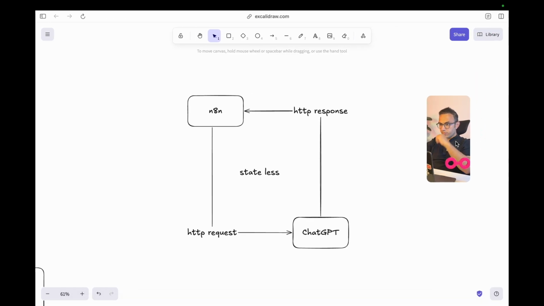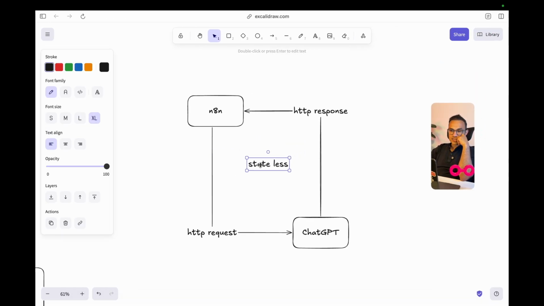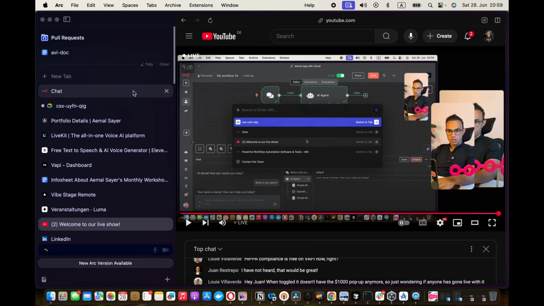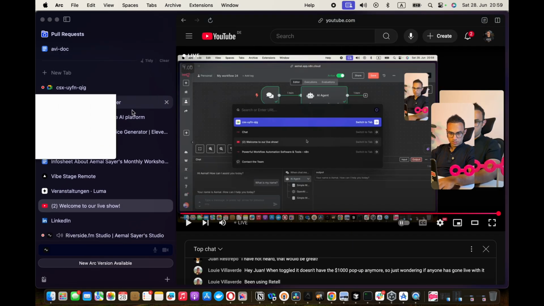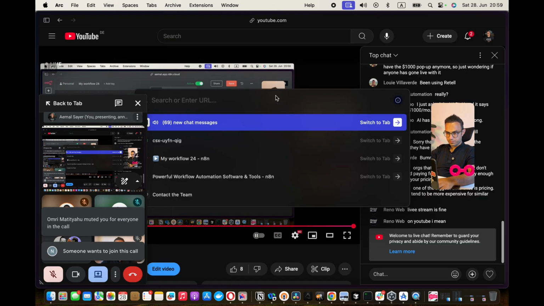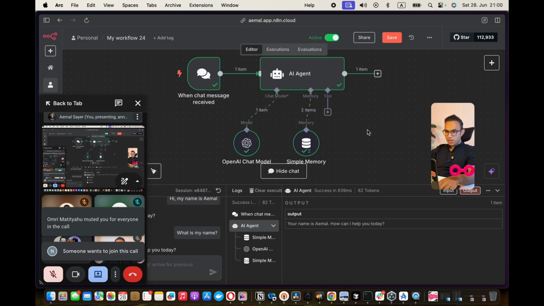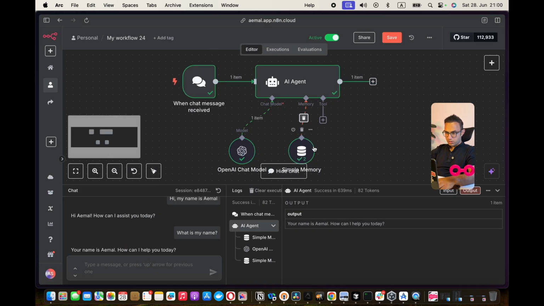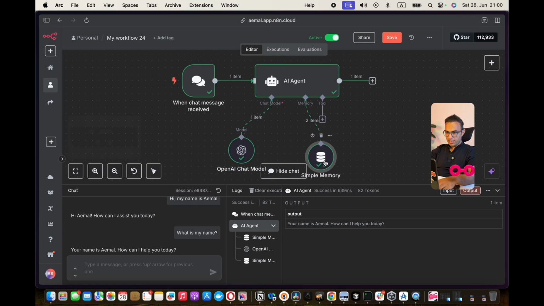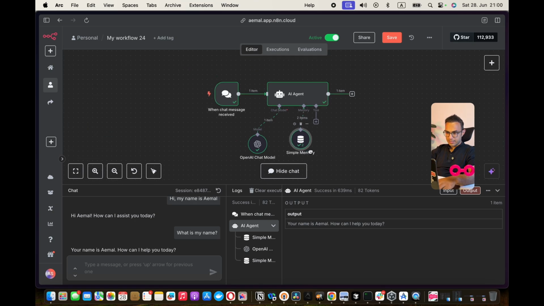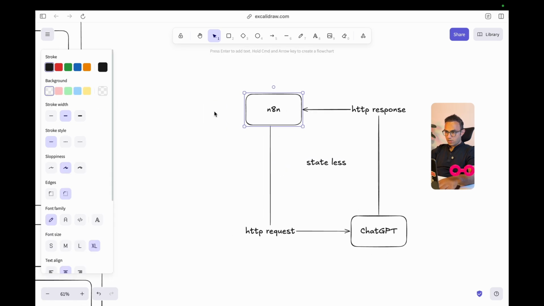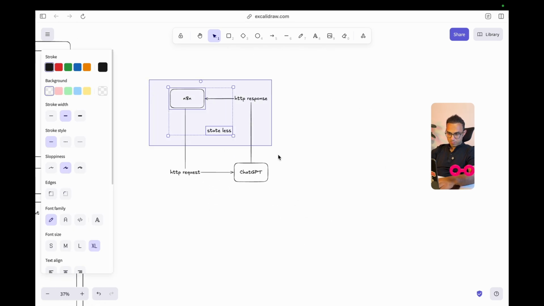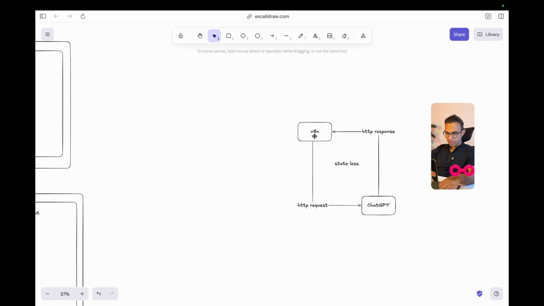Okay, so where did this statefulness happen when I added something in n8n? The workflow that I had. This one. What happened here was I gave a little bit of memory, or a little bit of state, to n8n. So basically this n8n is not just that one block, it's actually one more step.